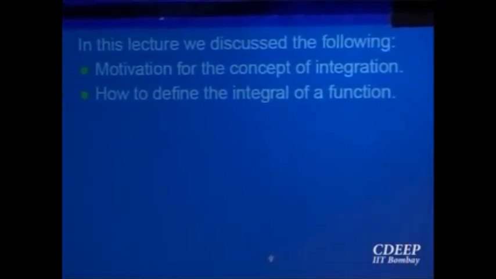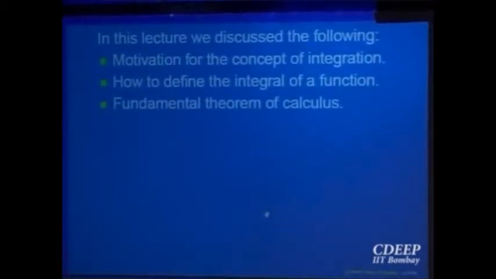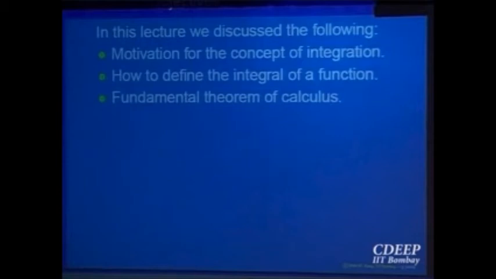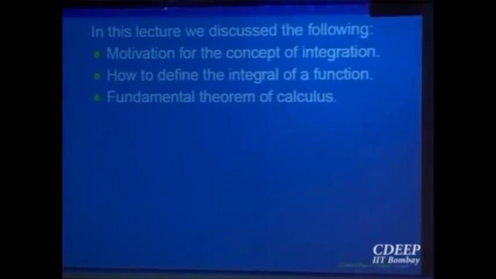Good. So let me just summarize what we have done till now. We looked at why we should consider integration, and how we should define the notion of integral by upper sums and lower sums. Then we looked at an alternate way of looking at it, by what is called Riemann's method. By the way, let me also say one thing: there is a big advantage of the Riemann method over the upper sum and lower sum method.